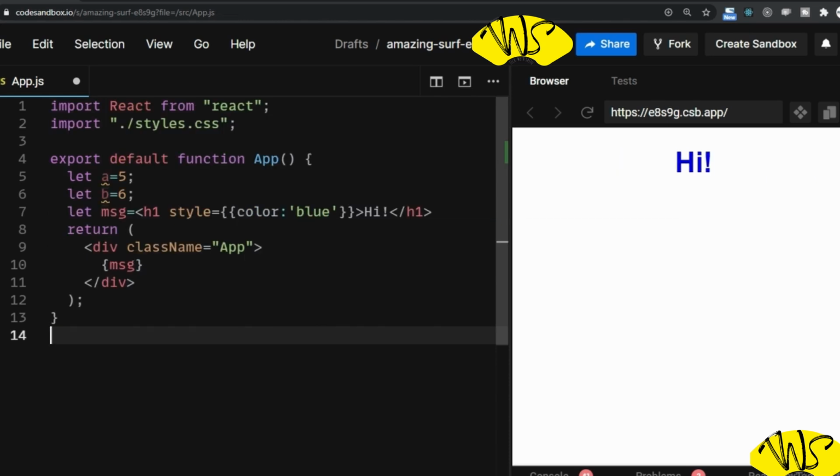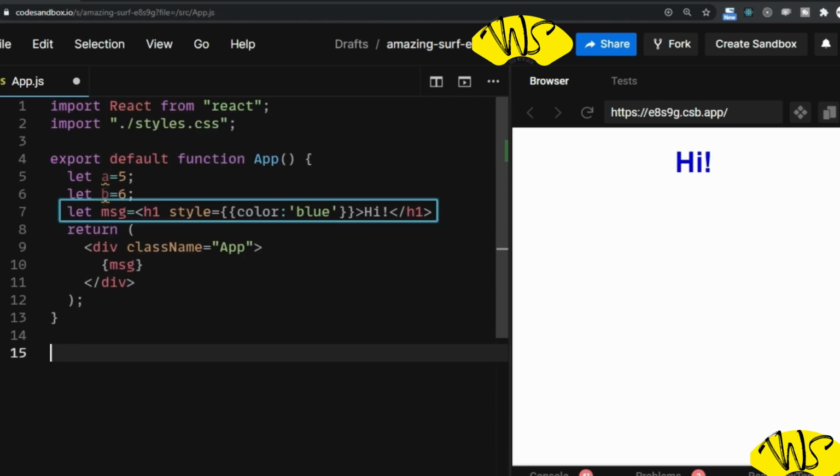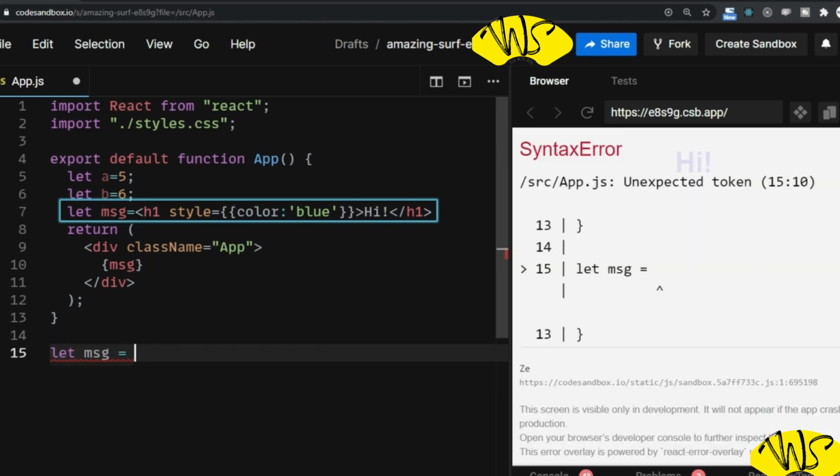If you do not want to write JSX like this one, you can also go with the createElement method, which was an older way and still it is getting executed behind the scene. It can be like this. So let MSG, which you have here, let me just show you how it will be written. I'm writing it here at the bottom, but then I will replace this JSX and put this particular line there. So let MSG is equal to